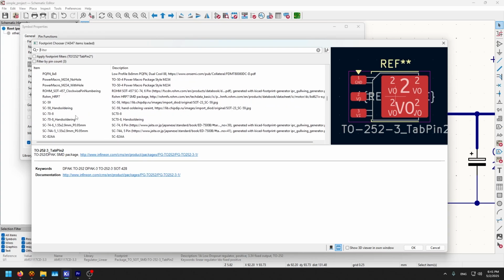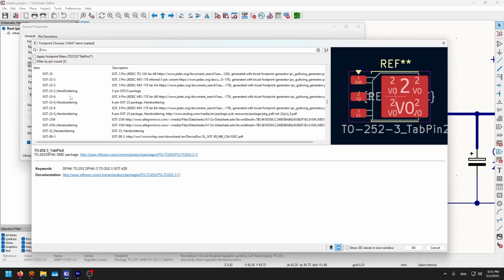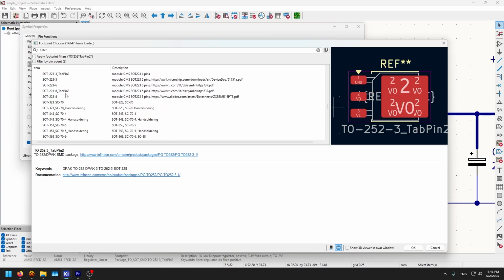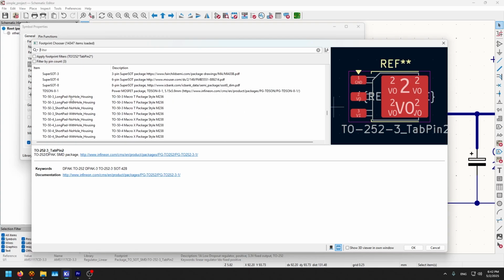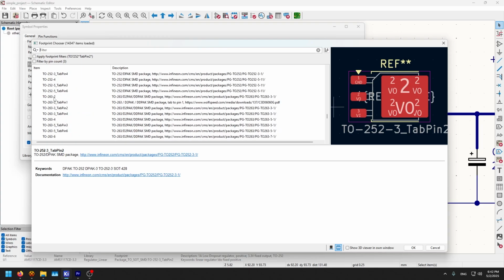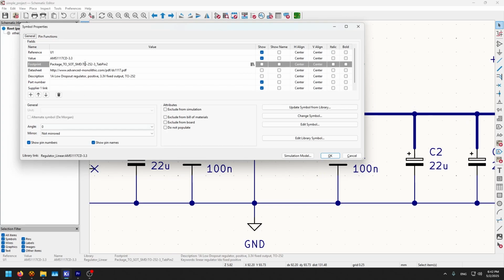Now notice I have opened a library called package TO SOT-SMD, and I went through, because I know this part has this kind of SOT 223 and SOT 89, for example, and SOT 263. It has all of them, and I have chosen this one in particular. I press OK